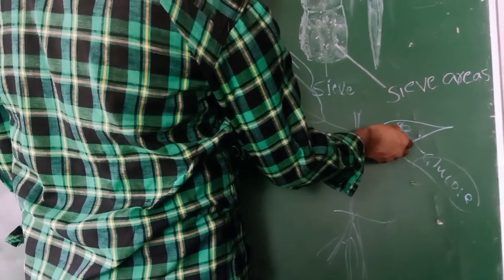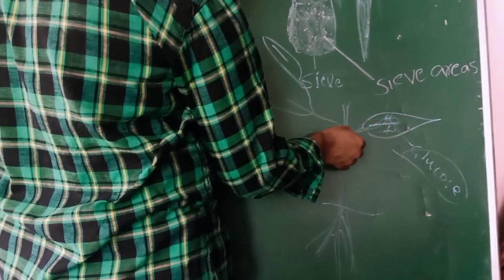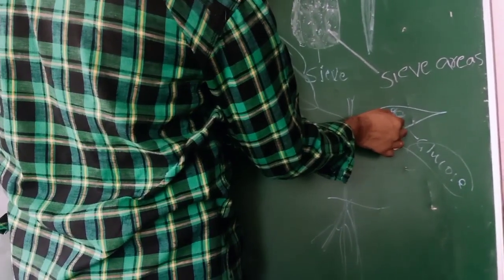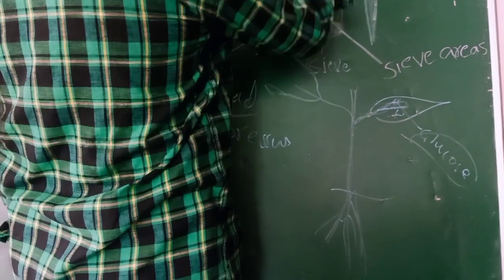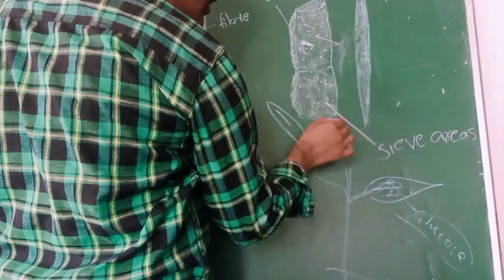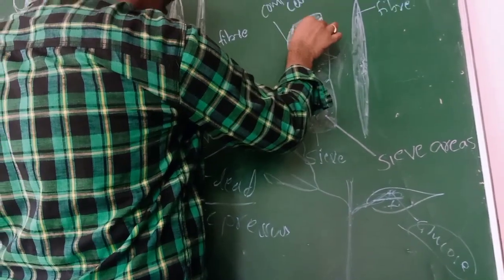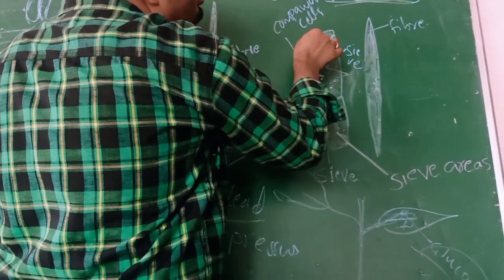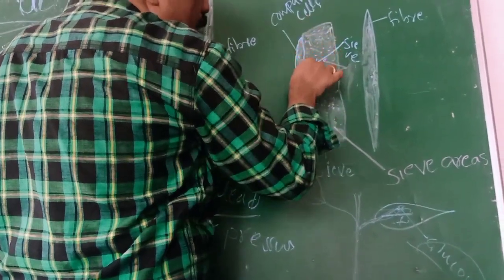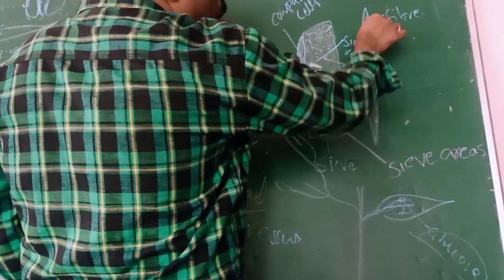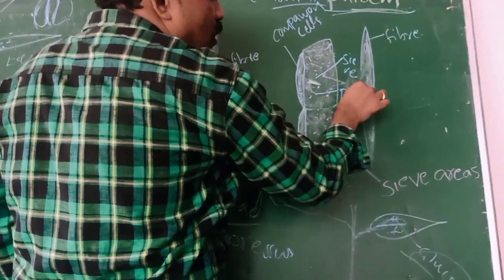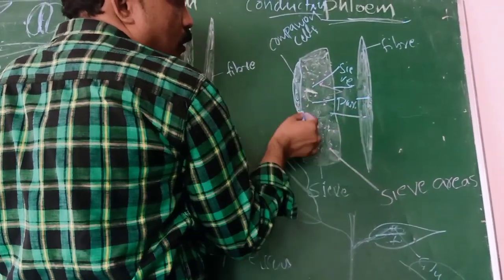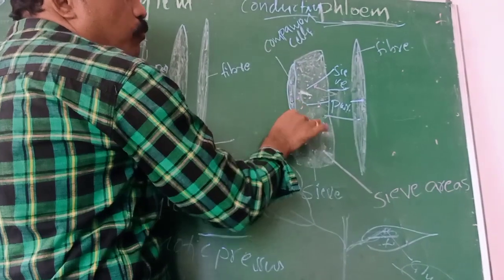That means this phloem, the one more tube that is there. In that, xylem is useful to transport the water throughout the plant body. Here, food materials are transported by phloem. Phloem also consists of 4 types of cells. What are they? One is phloem sieve cells, phloem companion cells. Companion means what? Helping cells. Phloem fibers and phloem parenchyma. Companion means supporting phloem cells.